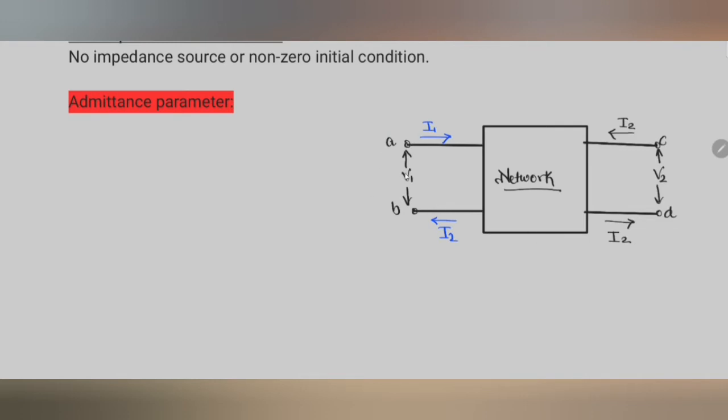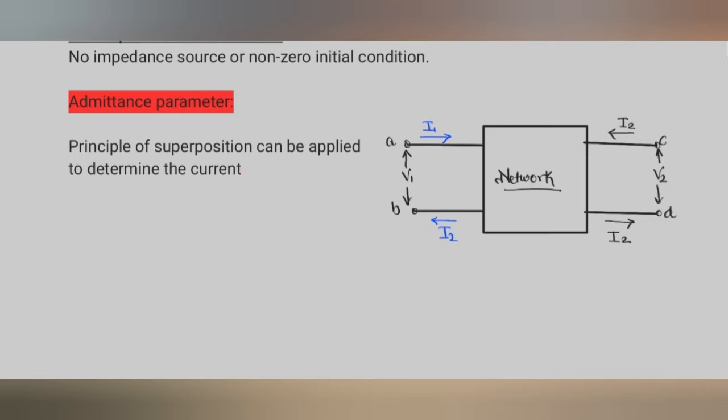So we have an input port that is AB and output port is CD. So we will assume here that the network is linear and contains no independent source. So the principle of superposition can be applied to determine the current I1, which can be written as